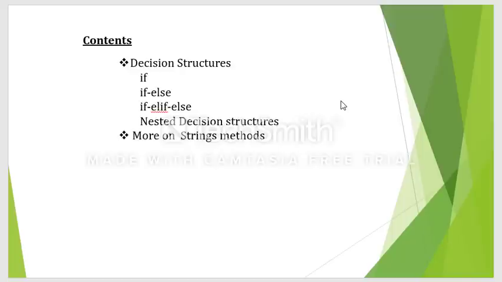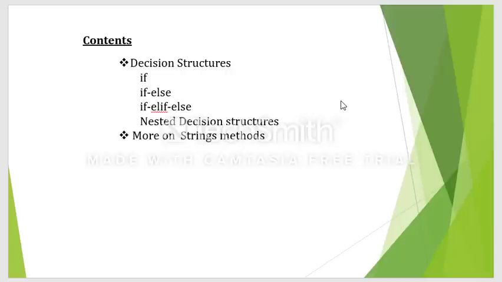That means we have two alternatives in front of us. So based on some condition, we have to follow any one alternative. Whether the condition becomes true, then we follow some statements. Whether the condition becomes false, we follow some other kind of statements. Okay, so these are called decision making statements, which are if, if else, if else if, and nested decision structures. So nothing new here. Everything is the same kind of thing that we have learned in C programming.